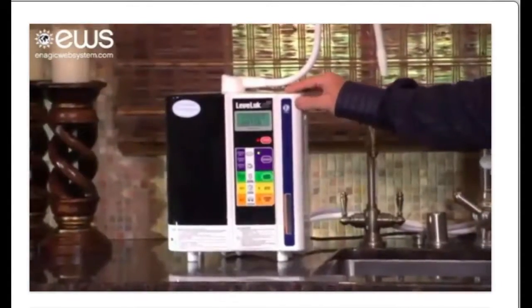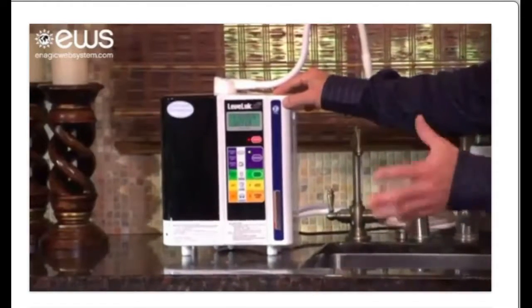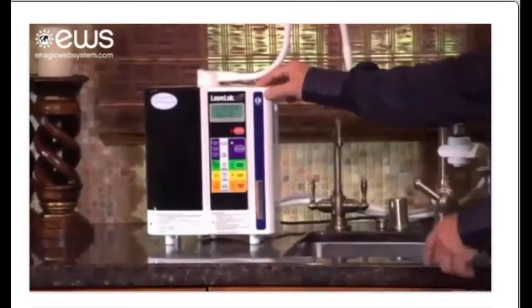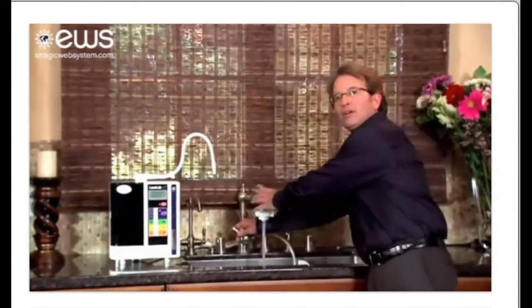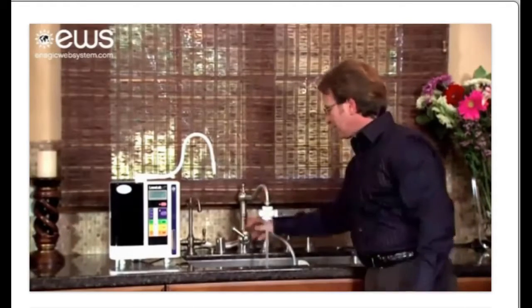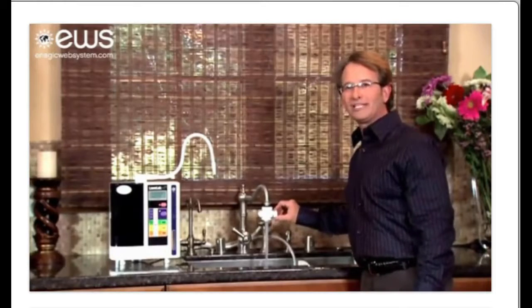So now I'm going to show you the technology that makes the different waters that we showed you in the demonstration. And this is what's called the SD501, the Leveluk SD501. It's the top of the line unit that we have, and it's the gold standard in our industry. So with a touch of a button, I'll show you what we do. We simply hook this up to the sink right here. As you can see, the ordinary tap water coming out of here. And by diverting the water into the machine,